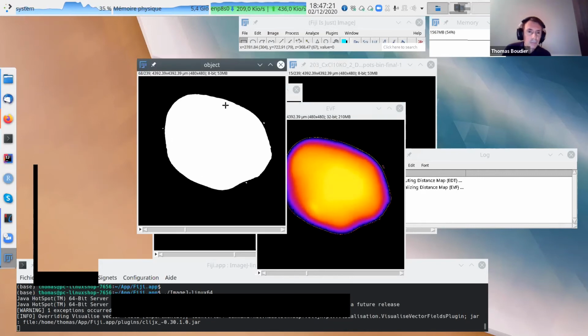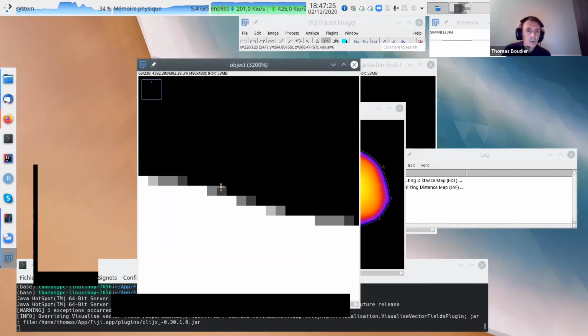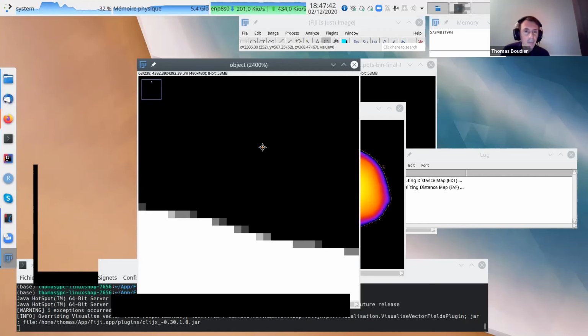I know why it is like this. Because when I scale the image, it was a binary image before, so it was only 0 and 255. When scaled down, it created additional pixels like here. So this is why it's a bit strange here.